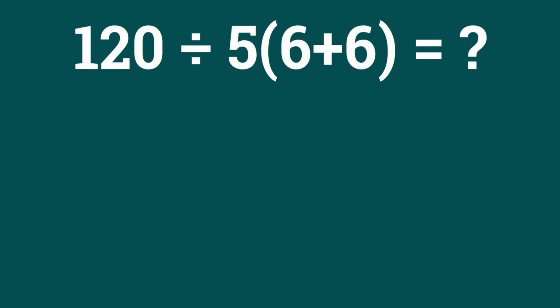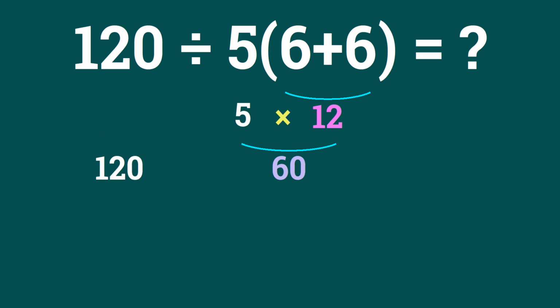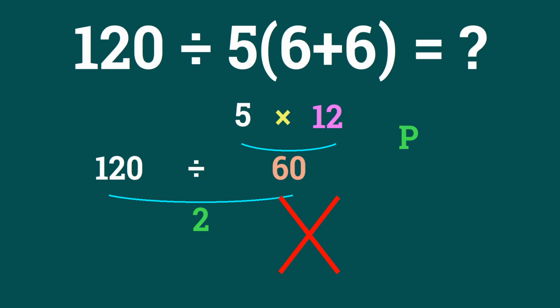6 plus 6 gives us 12, and 5 times 12 gives us 60. So 120 divided by 60 is just 2. But this answer is not correct, because according to the order of operations, first we have to do parentheses, then